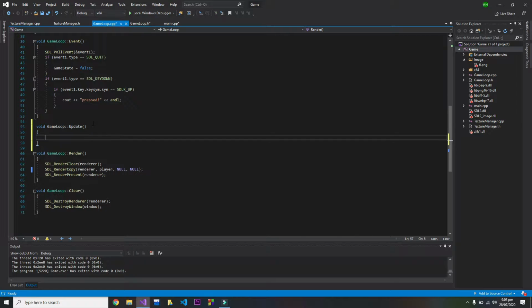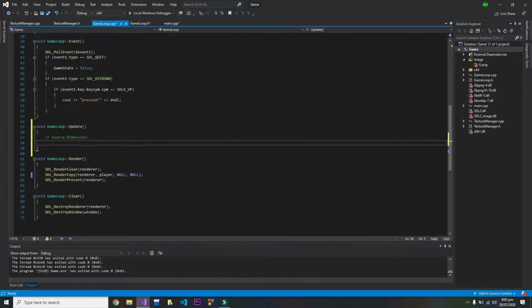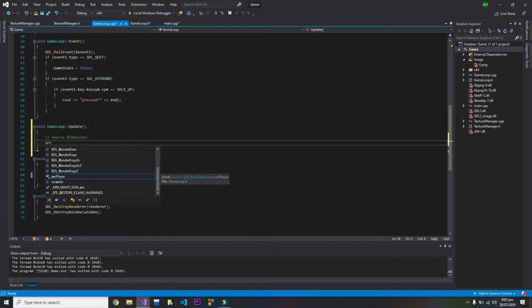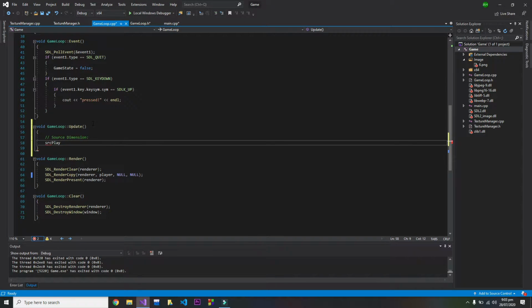And in the update function I'm going to write the source dimension, source player